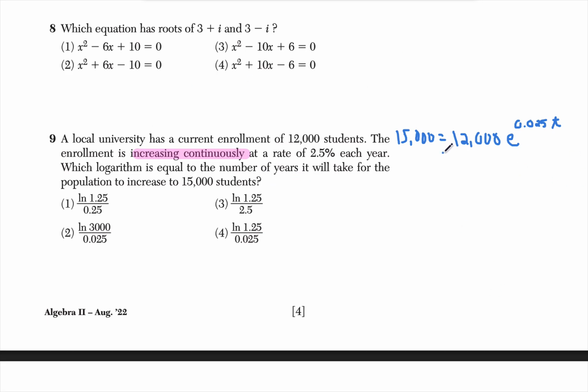Hopefully, remember the first step: try to solve for t. I want to first get that e by itself, so I'm going to divide both sides by 12,000. When I do that, the 12,000s cancel out. I'm getting 15,000 divided by 12,000 gives me 1.25